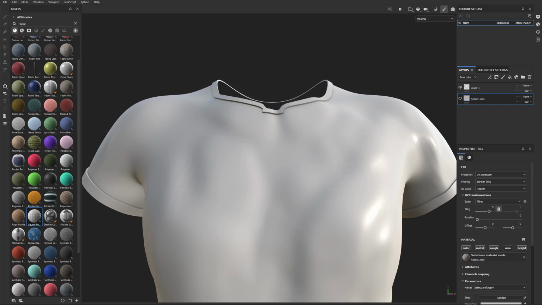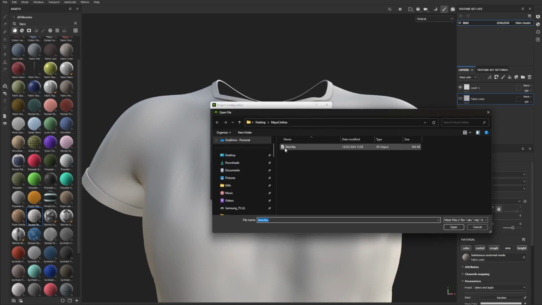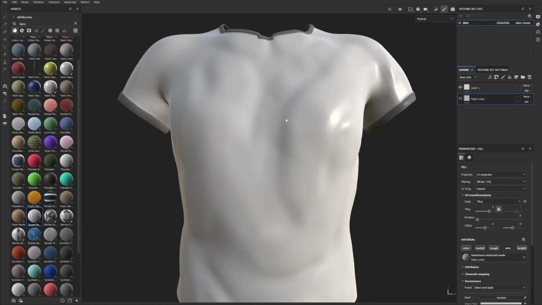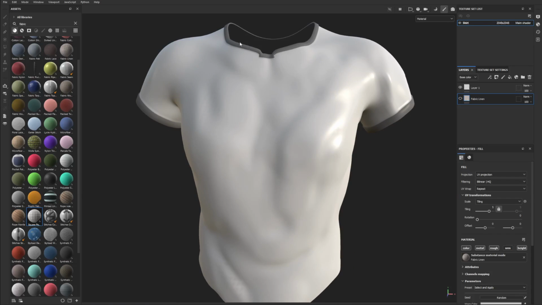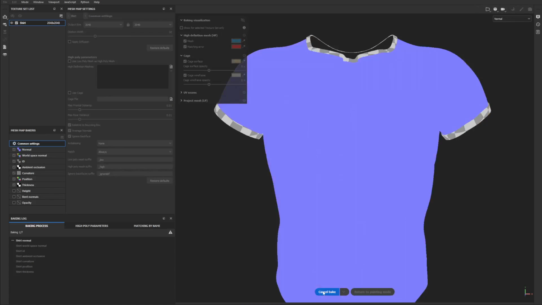And let's go once again back into Painter, File. I mean, you can go to mode, and you can say edit and project configuration, and you can select that shirt again, and then it'll just overwrite this one. Okay, and there we go. So now you can see that we've got the seams in different places, whatever. It doesn't work really well, so you just got to go and bake it anyway. Okay, so let's bake it again. Let's bake it.